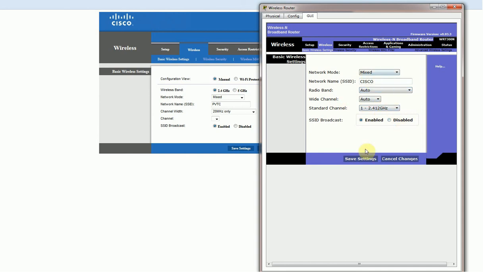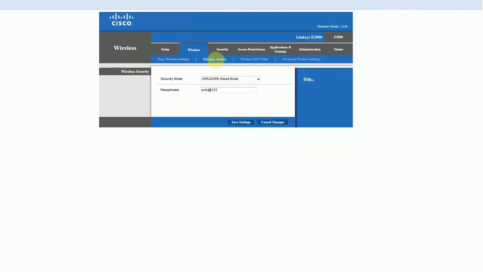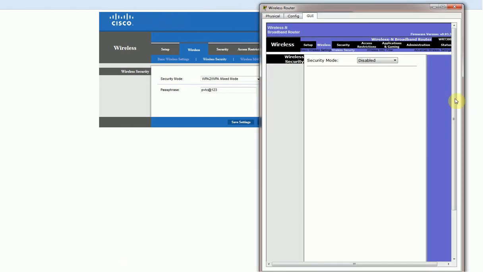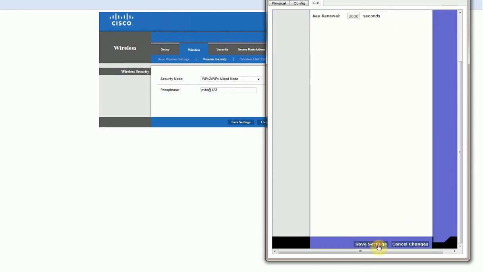After giving the name, again you have to click on save, so the setting will be saved. Now security mode, come back to security mode. Here you can see I have configured WPA2. Here we can give WPA2 personal, which again will specify whether AES or TKIP. It is better if you go for AES and give a password. I'm giving the password Cisco@123 and then saving it, save settings.